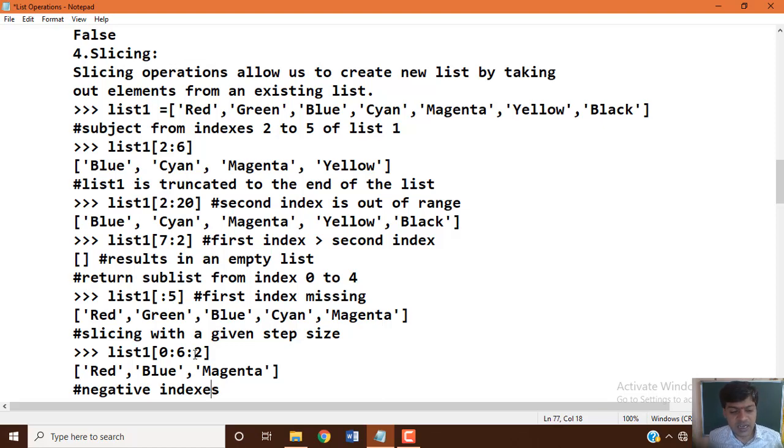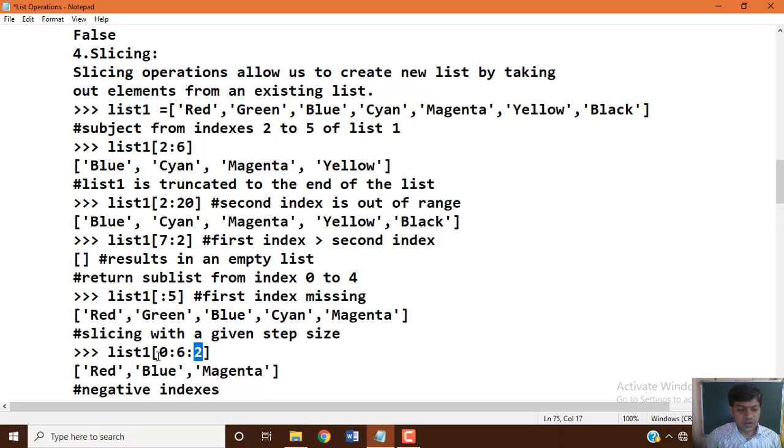I already told you that the step value is optional, and slicing works like the range function, where we also saw start, stop, and step. Step is optional. Now in this case, the starting index is 0, stop is 6, and the step value is 2.